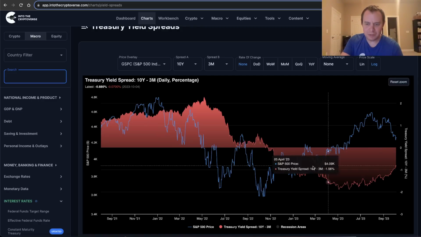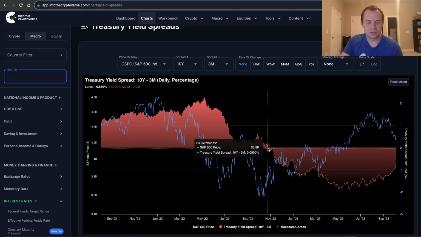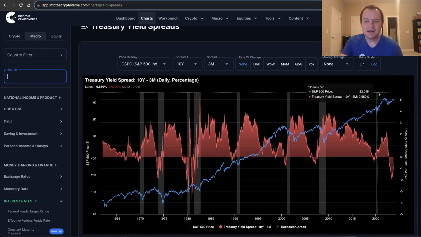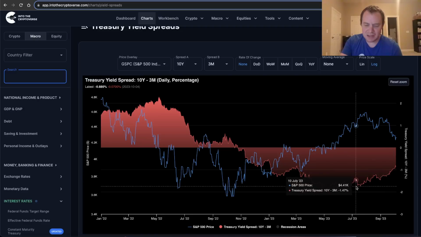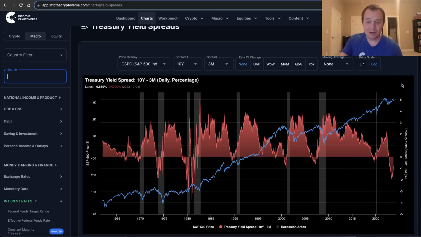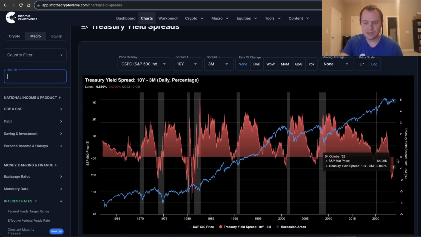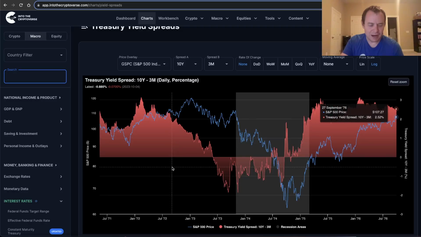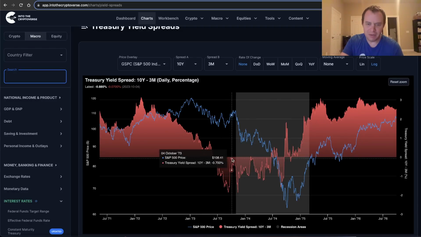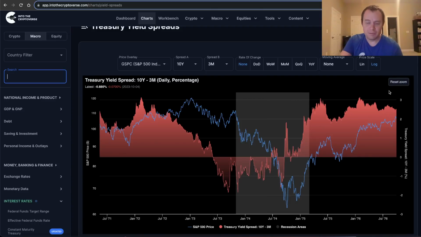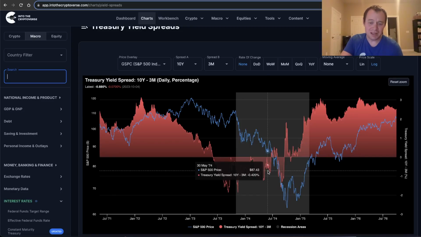So it went below zero back in October of 2022. So it's been about 1 year since the 3-month and the 10-year inverted. But you can see that there is potentially an uninversion process going on right now. Now, it's too early to say if this move will lead to the immediate uninversion. There are prior examples, like in 1976 or so, where we moved up some, but then we just sort of came right back down, and we did not get the uninversion right away. So we must be aware that something like that could happen as well, and that you don't necessarily see the uninversion immediately. And why would that be?